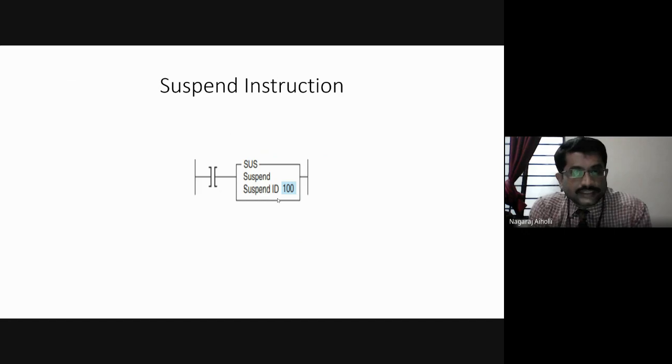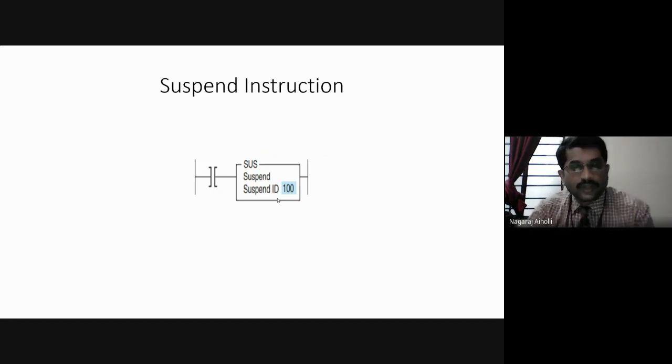Once the suspend instruction is executed, it will immediately terminate the program. Right? It will immediately stop the program execution and it will not begin from the ladder rung 0 as it was for the temporary end instruction. That is the difference between temporary end and suspend. Once it terminates, it will come out of the program. It stores the status of the bits as they are. Even though all the devices are de-energized, the status of the bits will not be changed. They will remain as they are. That is the function of the suspend instruction.